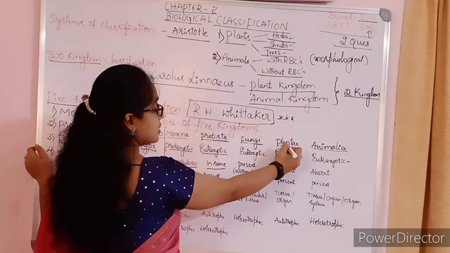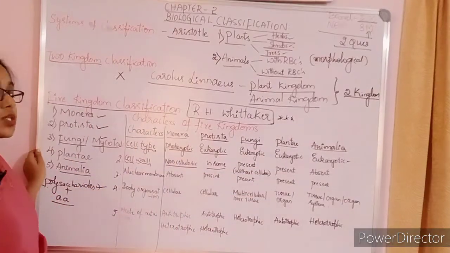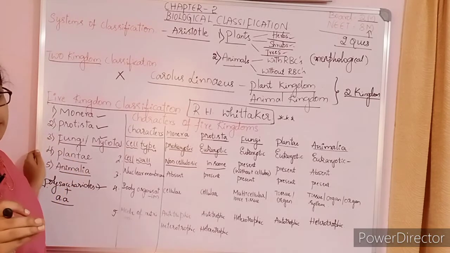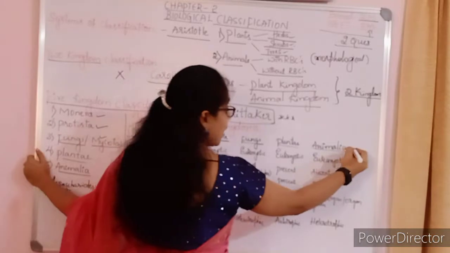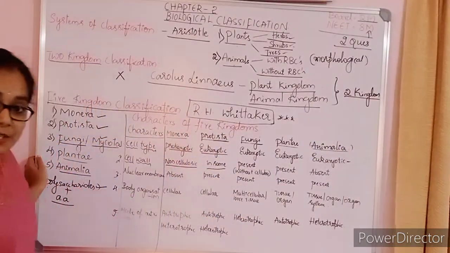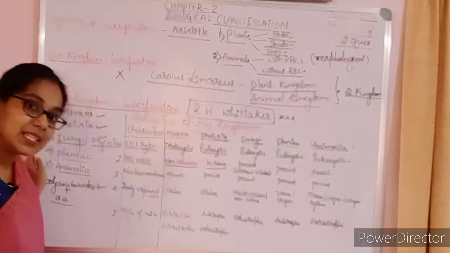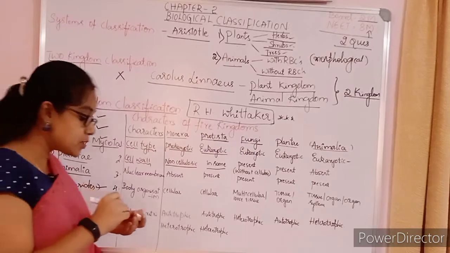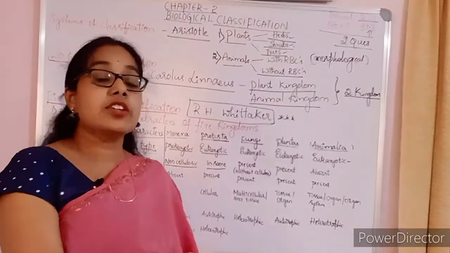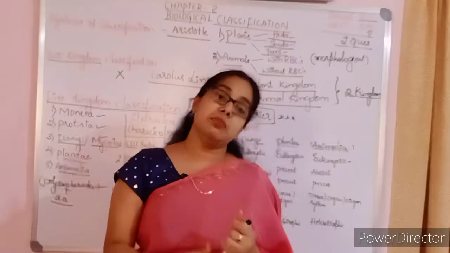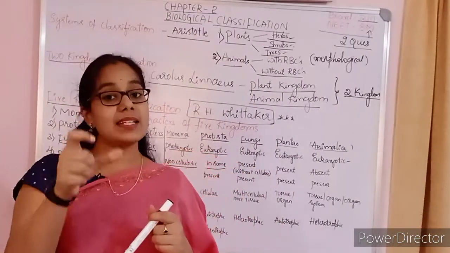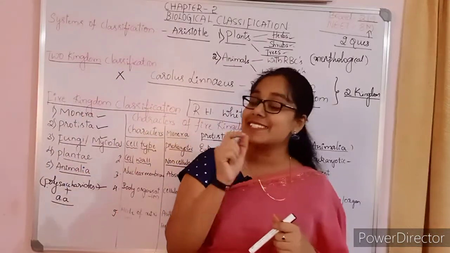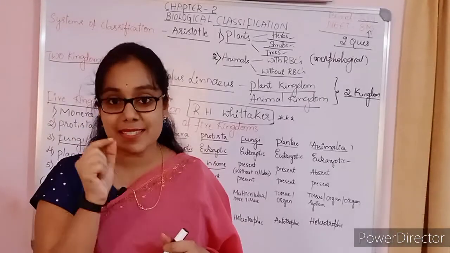Okay, next is kingdom Plantae. So kingdom Plantae has a cell wall. It is made up of cellulose. Okay, easy. Coming to Animalia. In the kingdom Animalia, all the organisms do not have a cell wall at all. Might be you have observed while drawing the cell structure of a plant and as well as animals. That is, while you are drawing the plant cell and the animal cell, you might have observed that you have not drawn the cell wall in the case of the animal cell.